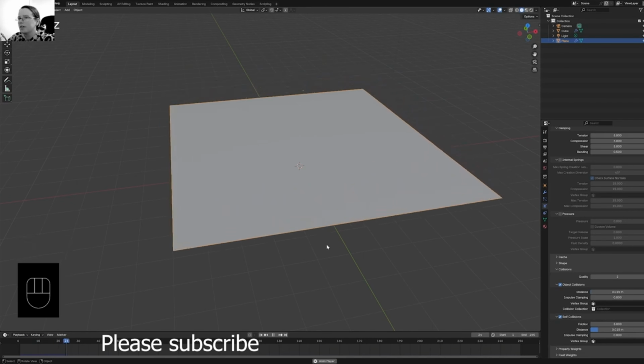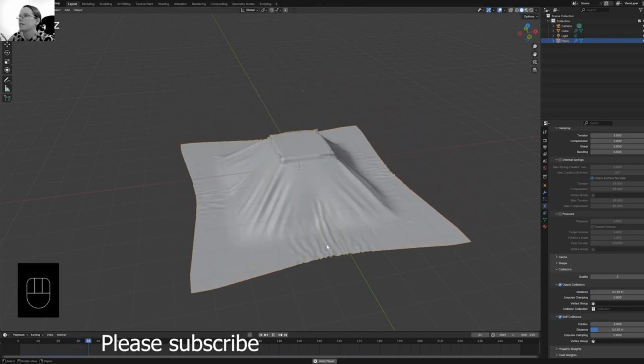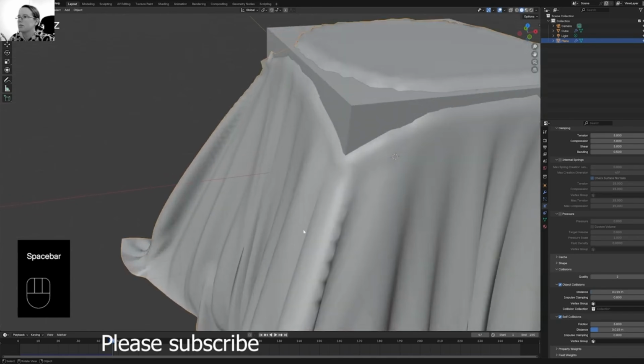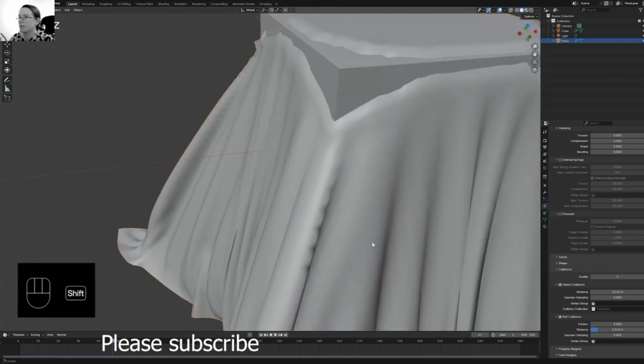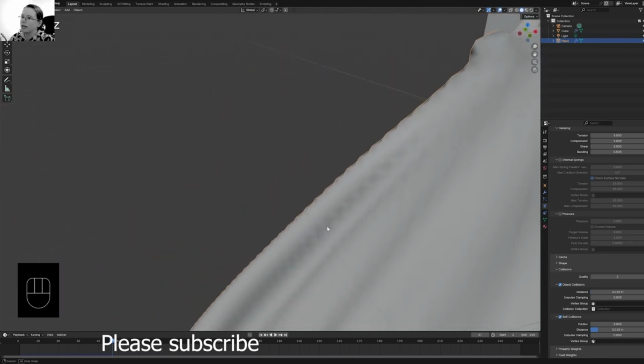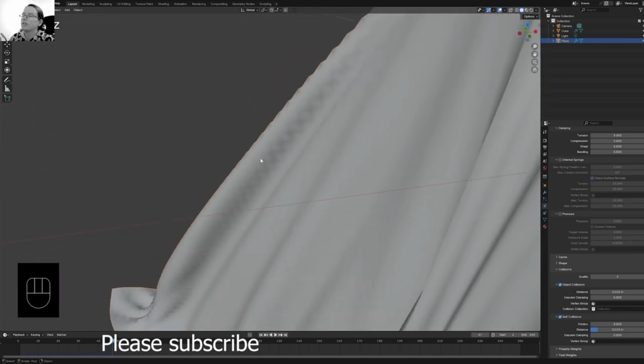But it's like, you notice now it's a little bit smoother on the edges. It's not perfect, but it's smoother. So we also have this, which is this kind of cross-hatching effect that's going on. Now this is to do with how many subdivisions we have, but we can edit this. So if you go